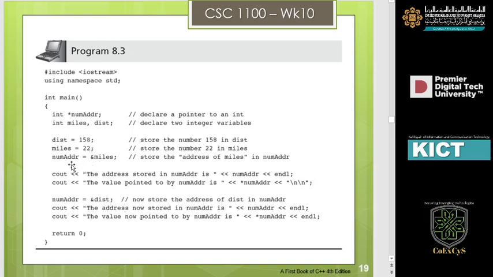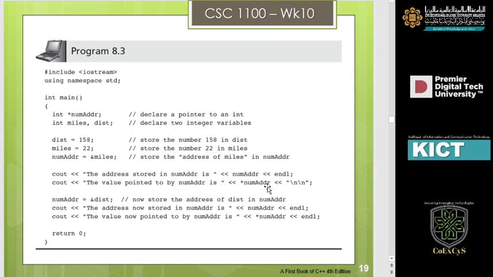The pointer then points to miles, and we can see the address stored in num address is a certain address, and the value pointed to by num address, as we use the star operator, would result